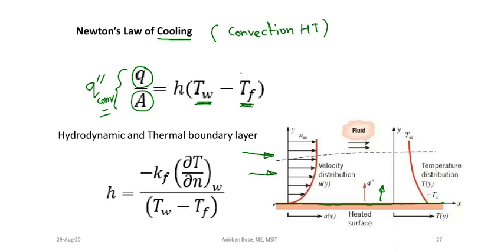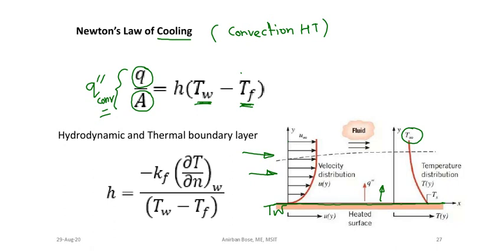Why? The reason is that both conduction and fluid flow are involved here, that is why advection is also present along with the conduction. So this process is nothing but convection. Now let us consider the temperature of the hot wall or the solid surface is TW, and the temperature far from the surface in the fluid is T infinity. So T infinity is the temperature quite a distance away from the solid surface.